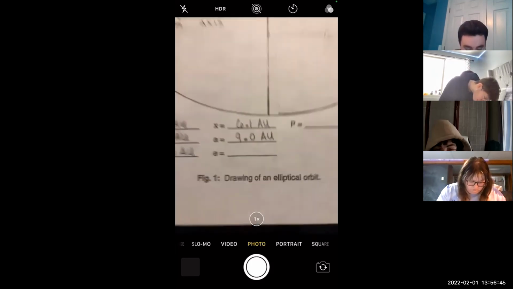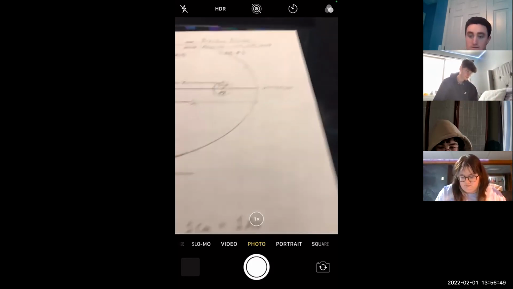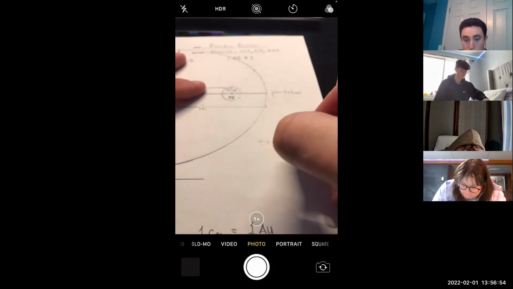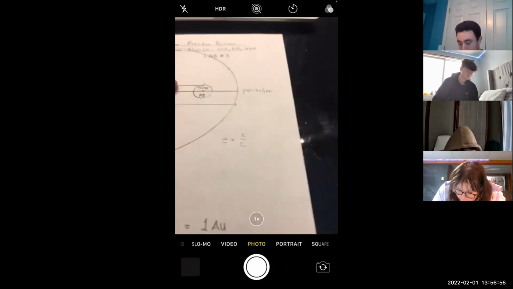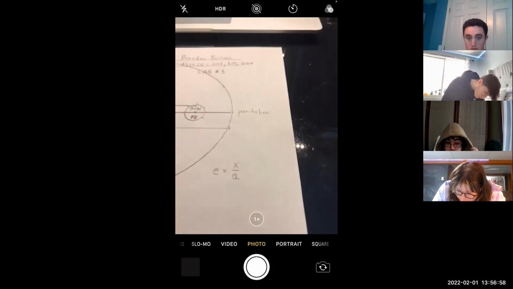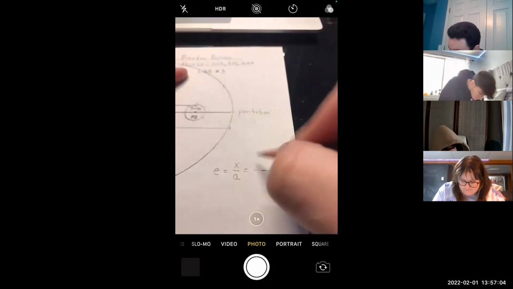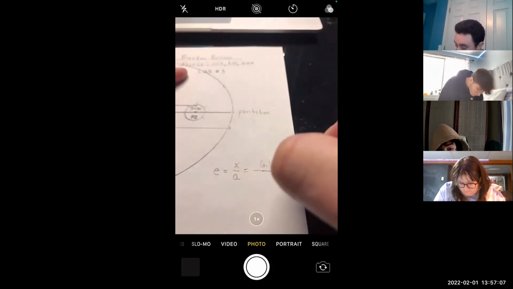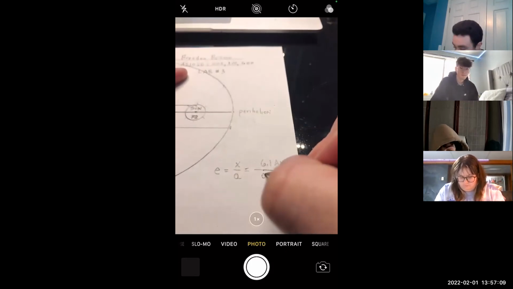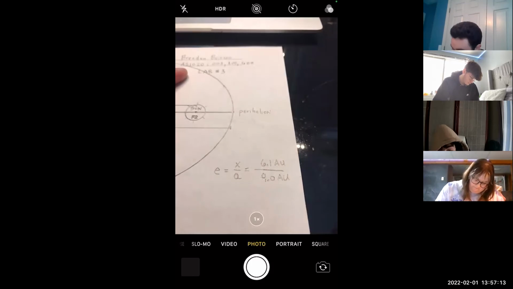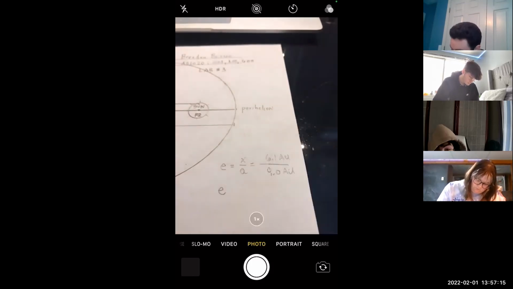Okay. Do you guys remember the formula for eccentricity? X divided by A. That's right. So let's do our maths over here. For X, I got, and you guys might want to use your own numbers, 6.1 AU. For A, I got 9.0 AU. And then if I divide those two,